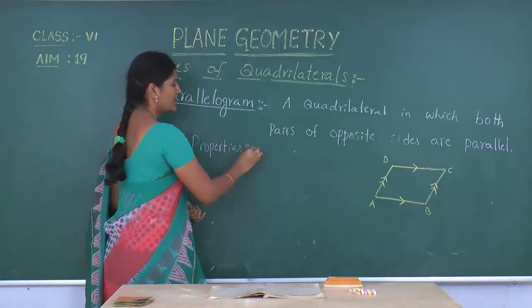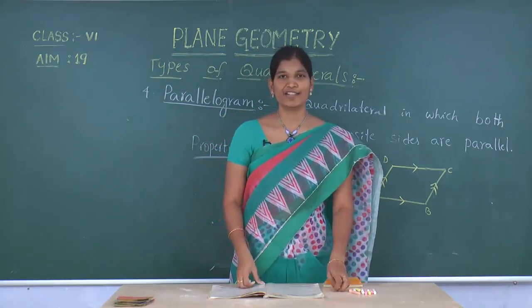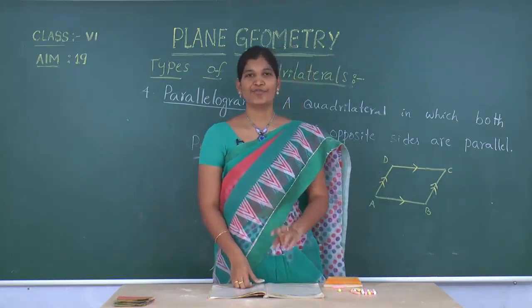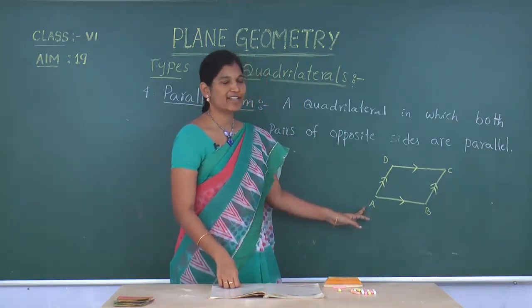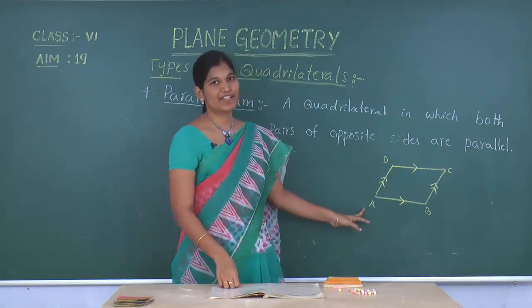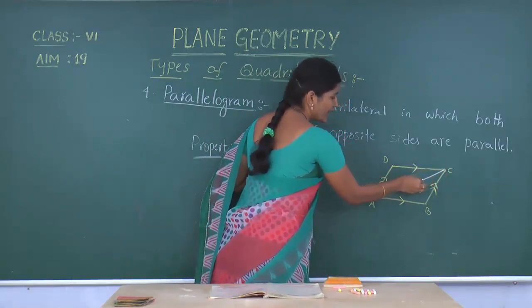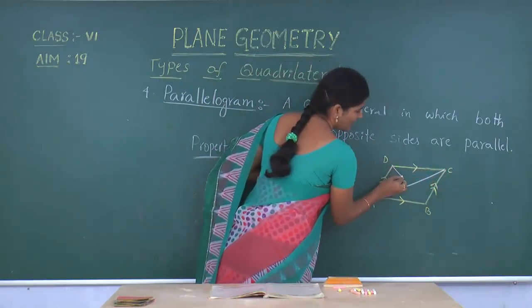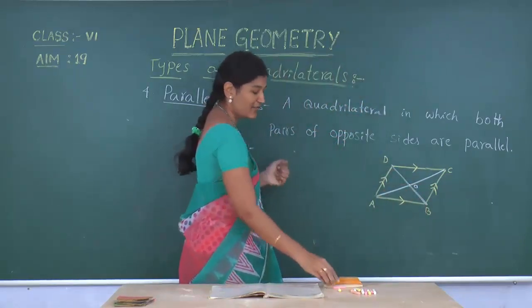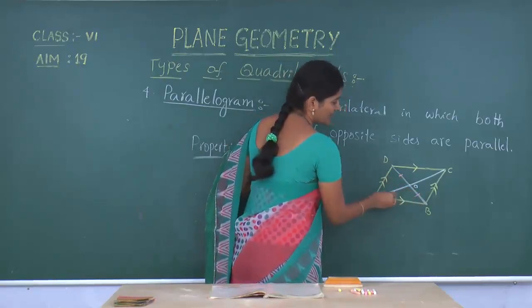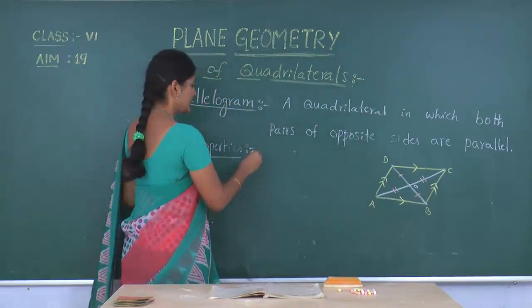Properties of parallelogram. They are very, very important. We know that each diagonal of a quadrilateral divides the quadrilateral into two triangles. Here also we can draw the diagonals, and the diagonals bisect each other. How many diagonals can we draw in a parallelogram? Obviously there are two. The diagonals bisect each other, which means this one is equal to this one and this one is equal to this one. First point is diagonals